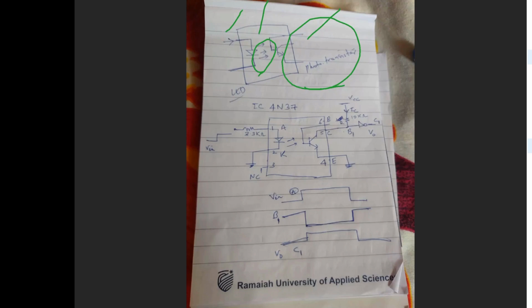Now if you look at this, what you have to notice is that the first part is your base, the second terminal is the collector, and the third is your emitter. The base is where your optical power falls, and current flows from collector to emitter. This also comes in some ICs. These ICs can be either 4-pin ICs or 6-pin ICs.